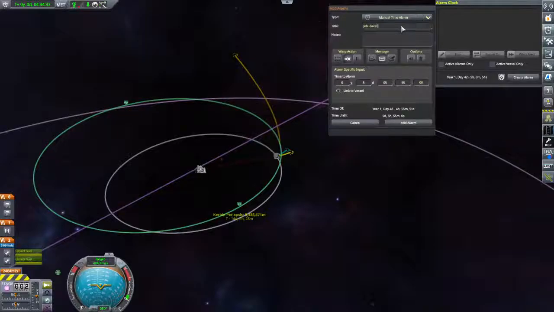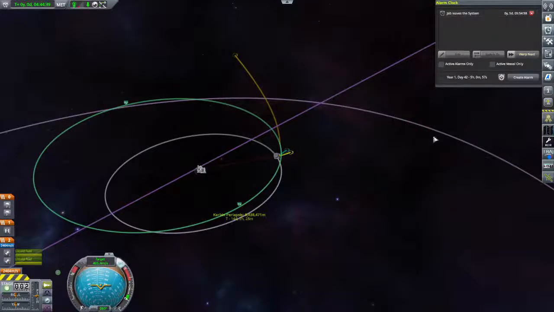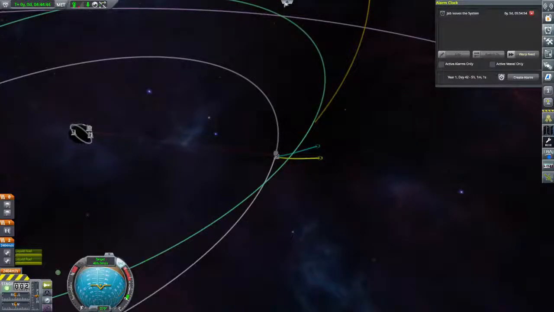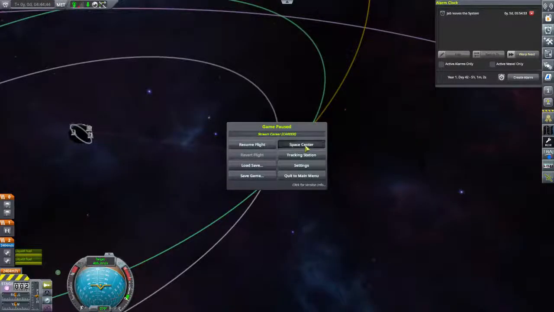Jeb leaves the system. Okay, cool. Jeb leaves the system. Alarm. Great. Get out of here, Jeb. Nobody wants you here. We are going to return to the Space Center. Should have given it a yeah. Well,